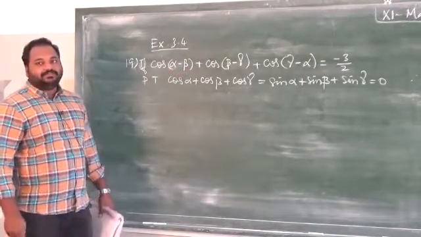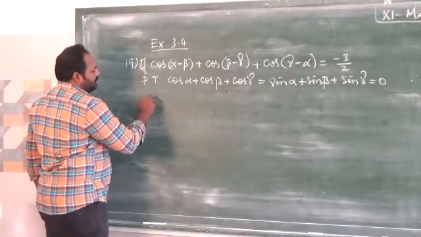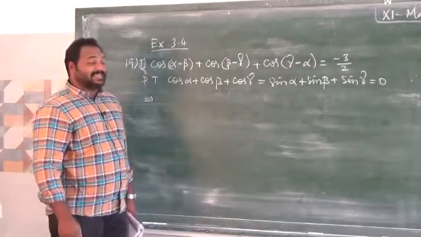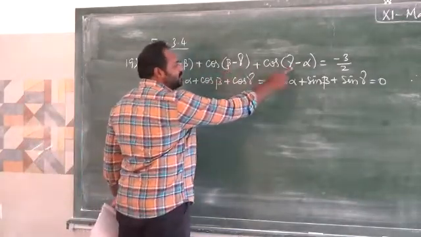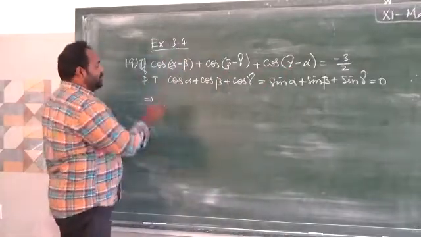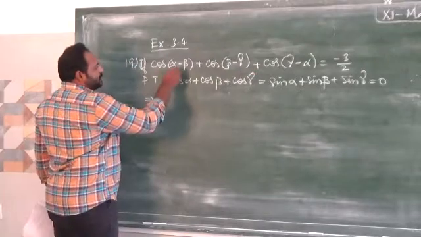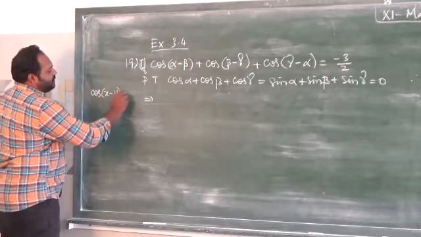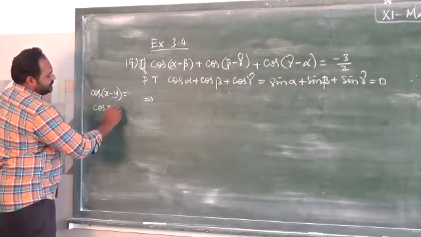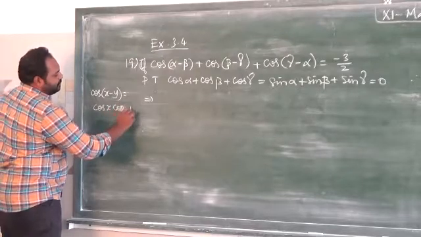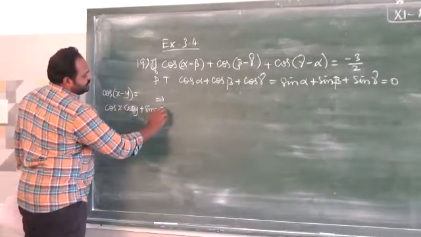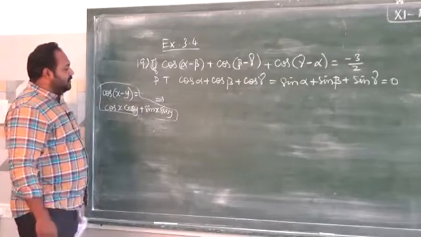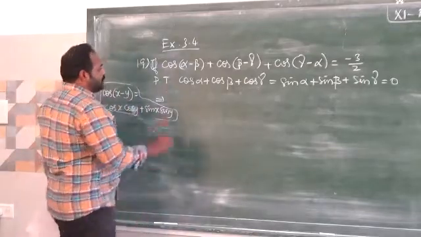Okay. So anyway, first I am going to take the condition. Here we have cos alpha minus beta. I am going to expand the cos x minus y formula. Here also cos x minus y formula. Using the formula, I am going to expand all the three terms. So what will happen? The cos x minus y formula is cos x cos y plus sin x sin y. This we know very well. I told you already that we have to memorize all the formulas. Okay, now expand this.